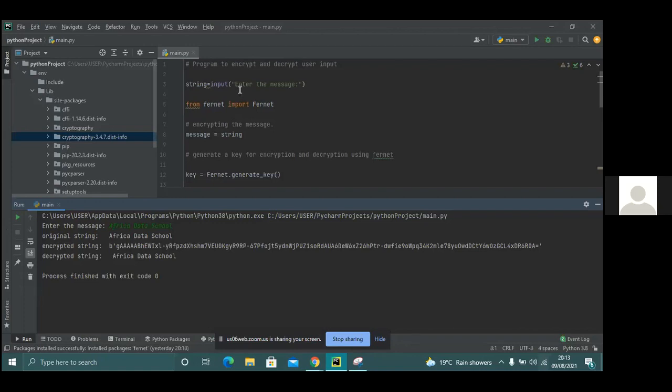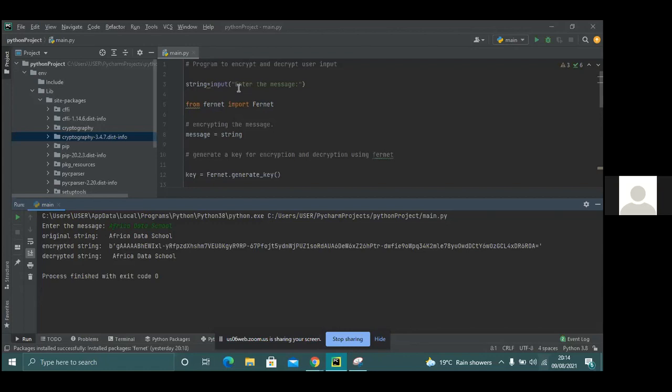I think symmetric. Okay. But I've not seen any part where we are inputting the public or the private key. When I was checking the code, the cryptography and Fernet package we installed automatically generates the keys.